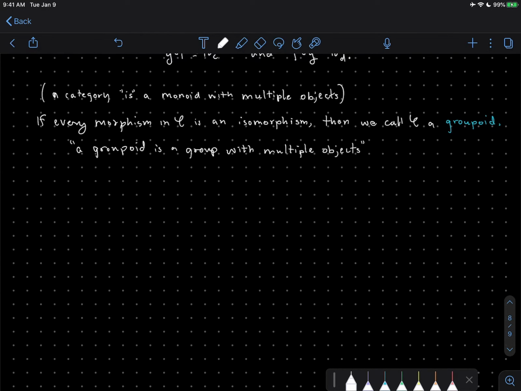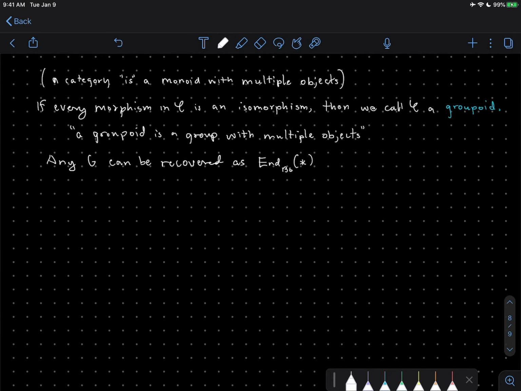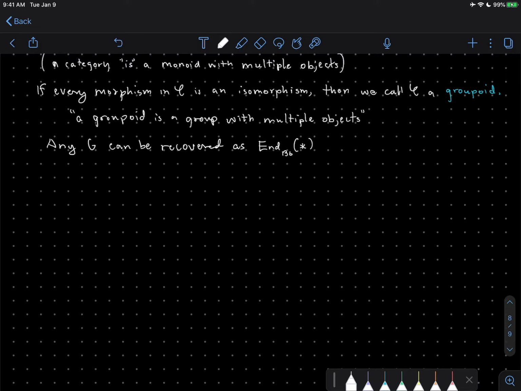Since given any group can be recovered as the endomorphisms in Bg of the unique object, okay,